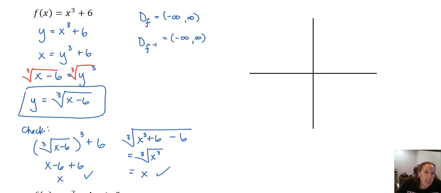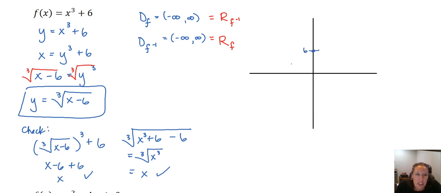And what's always going to happen here is the range is going to be flipped, because remember we switched our x and our y's here, so we're just going to switch these. Whatever the domain of f is will also be the range of f inverse, and vice versa. Alright, if we sketch the graph of this, x cubed plus 6 is going to have a y-intercept